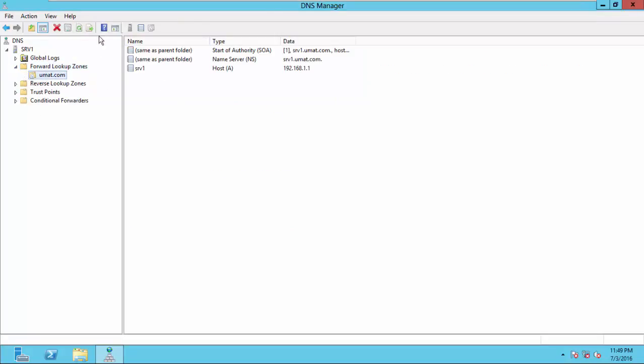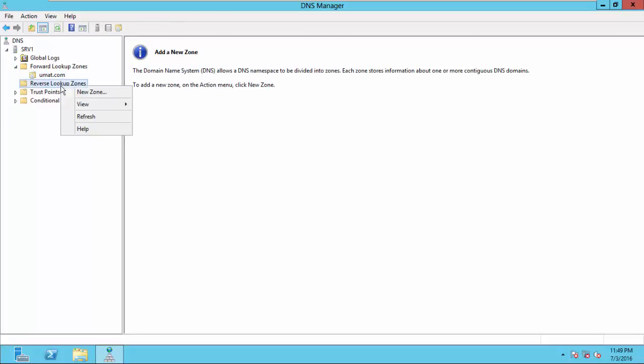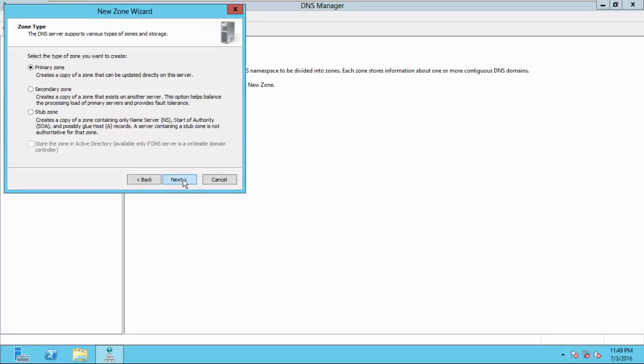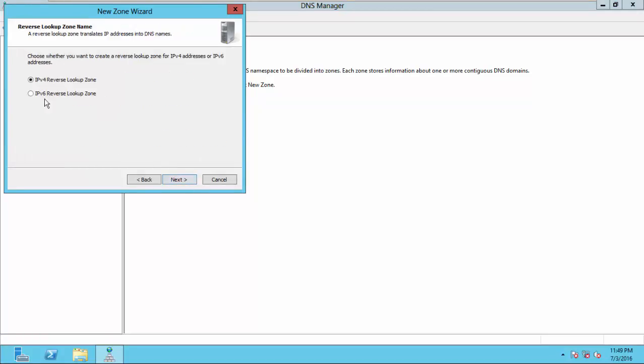I have my forward lookup zone configured. I'm going to configure my reverse lookup zone. I'm going to right click on reverse lookup zone, select new zone, go next, primary zone next, IPv4 reverse lookup zone next, and